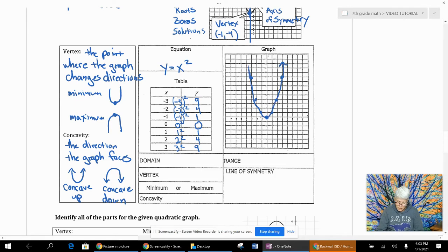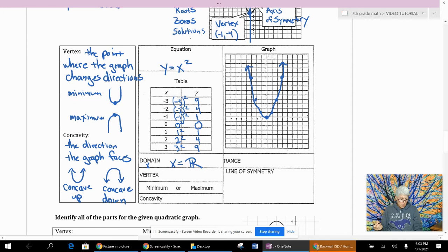Bam. And it goes on forever, and it goes out. So it goes out gradually, and at least on the parent function, it goes out. But just so you know, it goes on and on and on forever. So domain is x, range is y. Do you remember that? Domain is x. And so the domain goes on and on and on, where x equals all real numbers, because it goes on